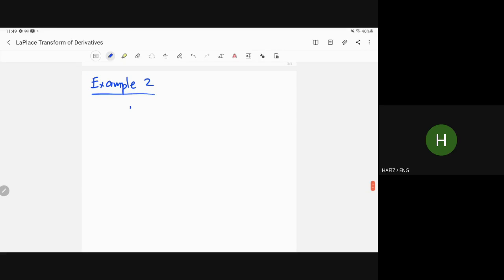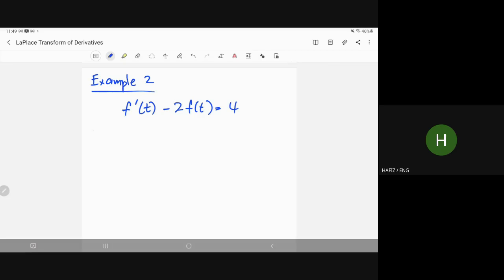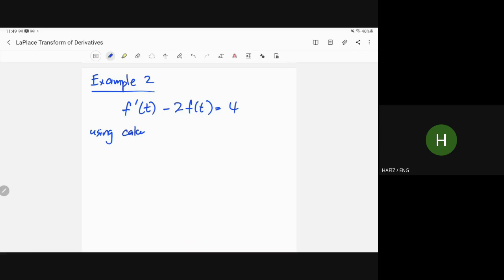So we'll start with this one, f prime of t minus 2 f of t equals 4. Okay, so this is just a first order derivative. Should be quite straightforward, right? So first we look at how we can solve this using calculus. If you remember, this is a linear differential equation, which means that we can use the IF method. So first we identify what is P. P is minus 2, Q is 4,